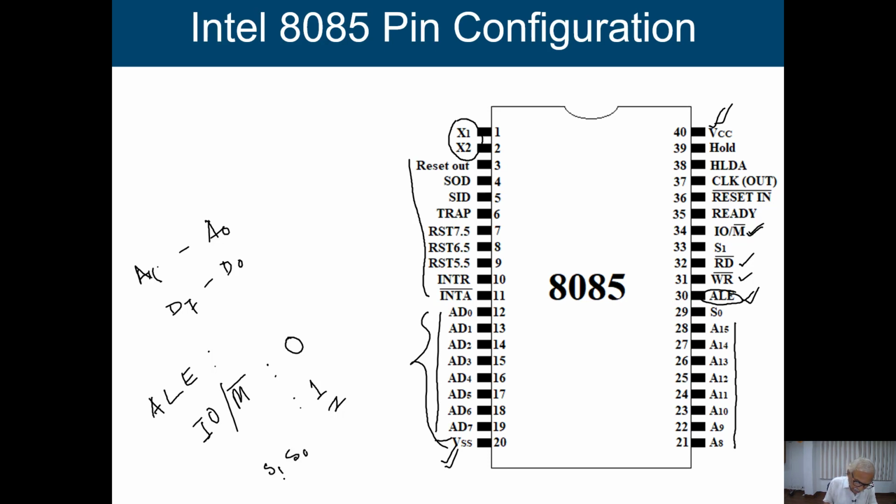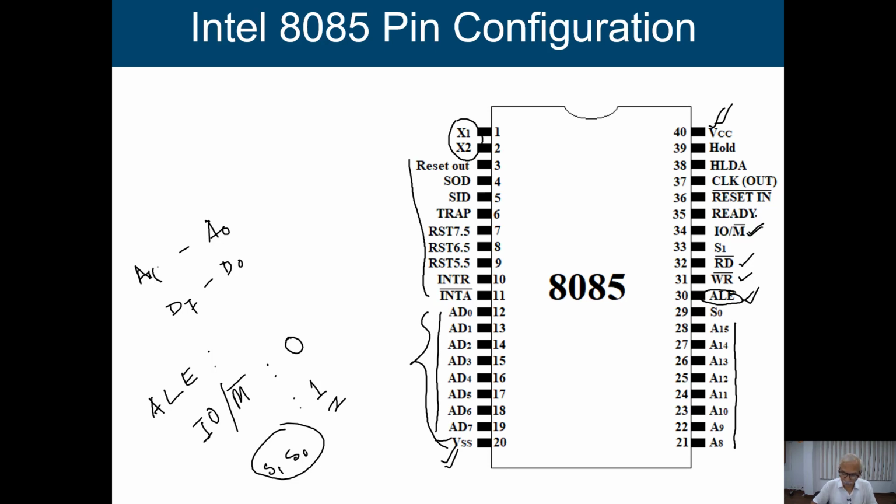So these S0 and S1 are going to indicate the cycle, whether it is a fetch cycle, a memory read cycle, or a memory write cycle. With these two signals we are going to identify whether whatever we are getting from the memory is an instruction or data that we are fetching. These things will be distinguished by these two additional signals, S0 and S1.